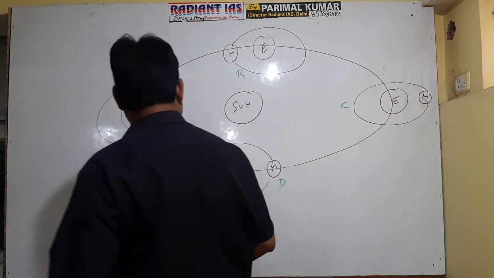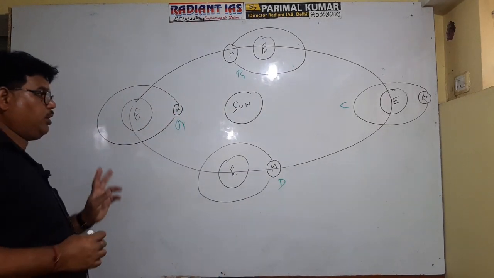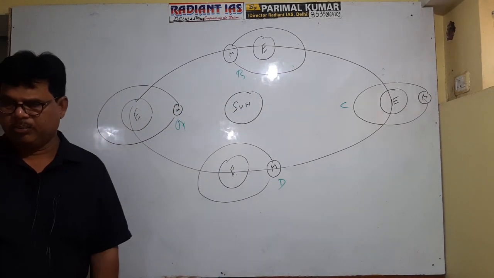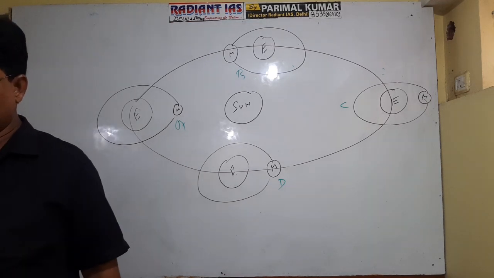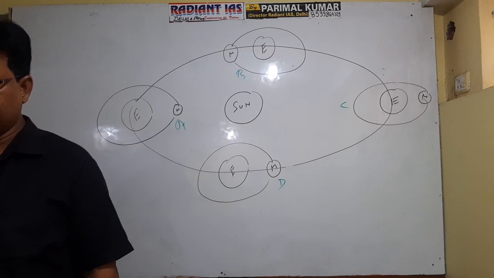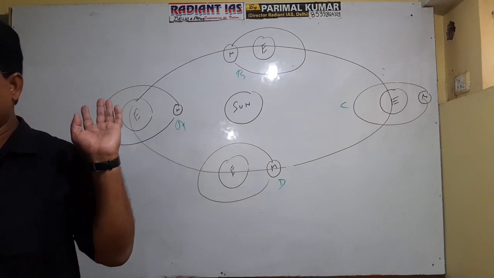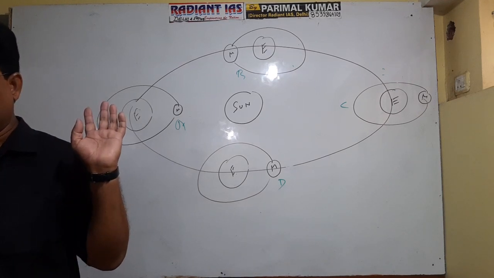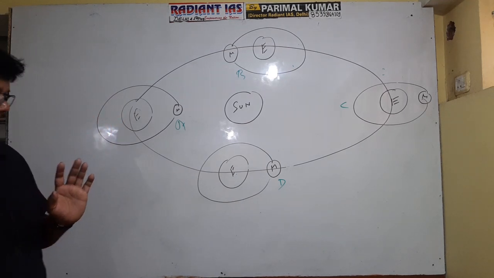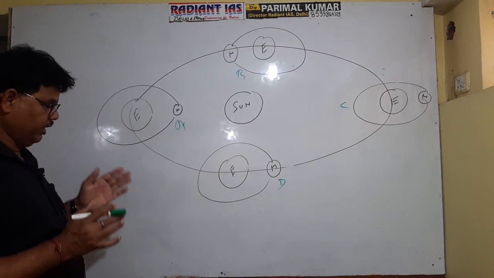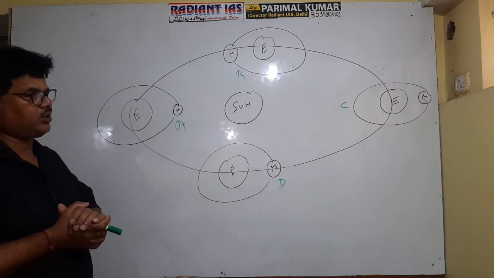So you see, in case of A and C, the moon, sun and the earth are located along the same line. What is the name given to this position? Do you know? It is referred to as syzygy. So actually, when the moon, sun, and the earth are located in the same line, it is referred to as syzygy.